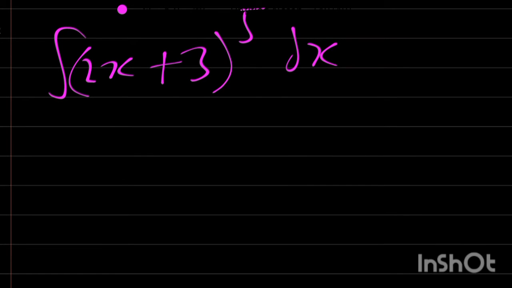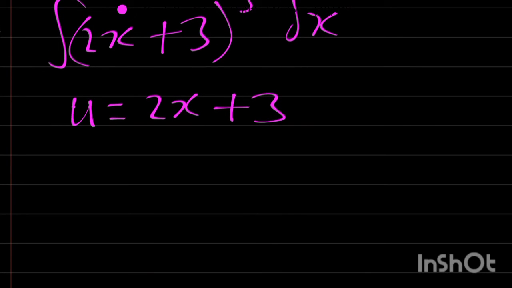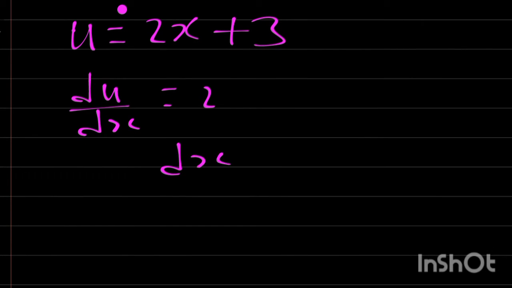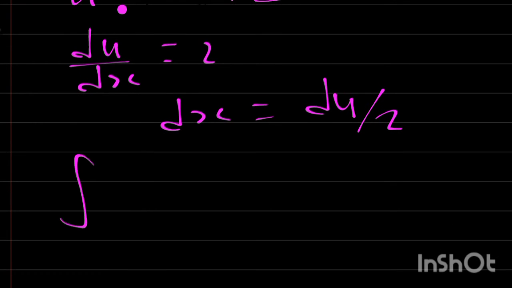Okay, see what you are going to do now. Anytime you have this, make use of your u. u is equal to 2x plus 3. Equate u to be equal to what we have inside the bracket. Differentiate u with respect to x. du by dx is equal to 2. And then substitute in the expression. Don't forget that your dx is equal to du over 2. Therefore, I have integration of